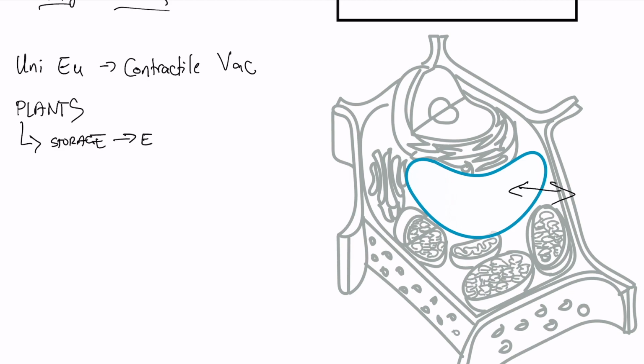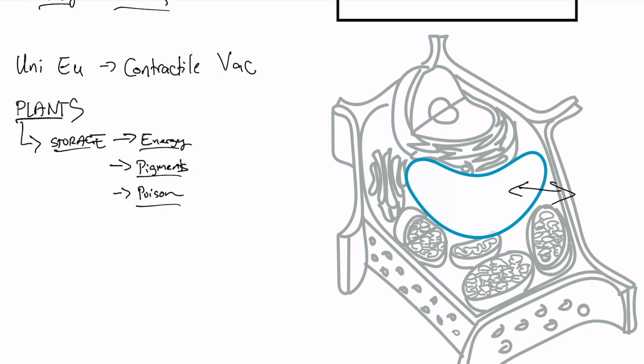You can store compounds for pigments that might attract pollinators, or maybe you might be storing poisons, and that might be to protect itself from herbivores. So plants can have vacuoles that store energy-rich molecules, or store pigments to attract pollinators, or store poison to fend off and protect itself